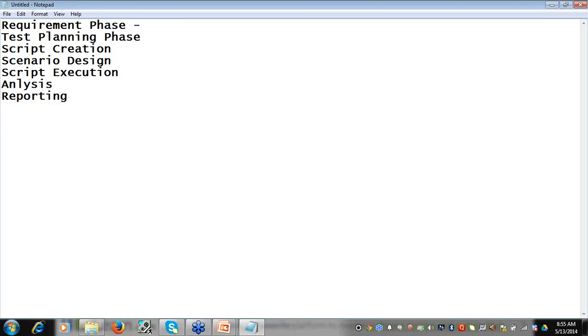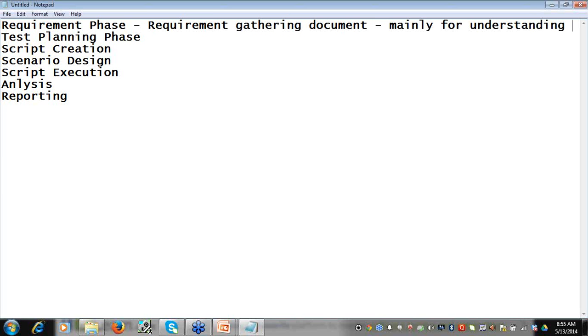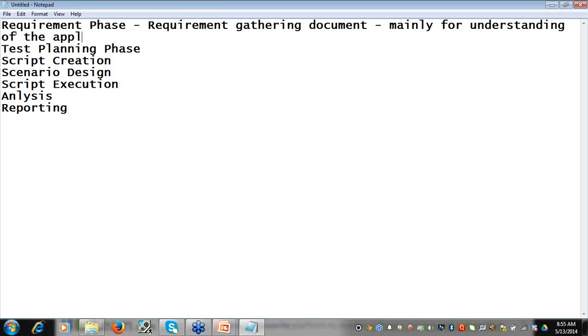The requirement gathering phase has a requirement gathering document, which we send to the client to get filled with the information for the application. It's mainly for understanding of the application.